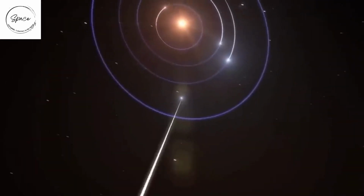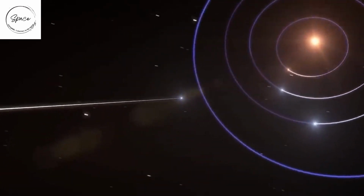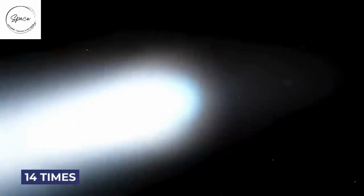A number of astronomers have suggested it could be a product of extraterrestrial technology. Oumuamua presented a unique case for the International Astronomy